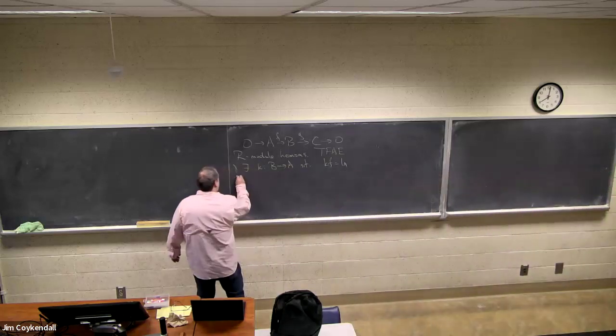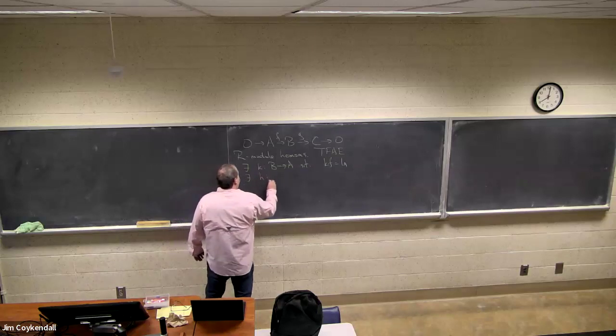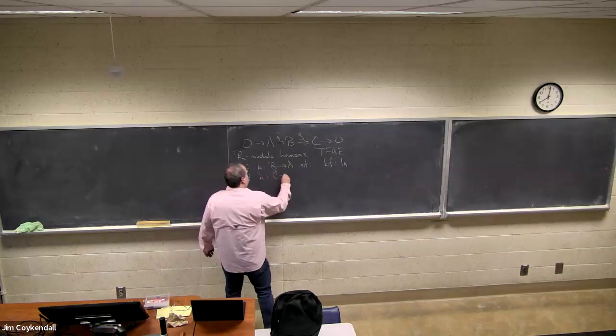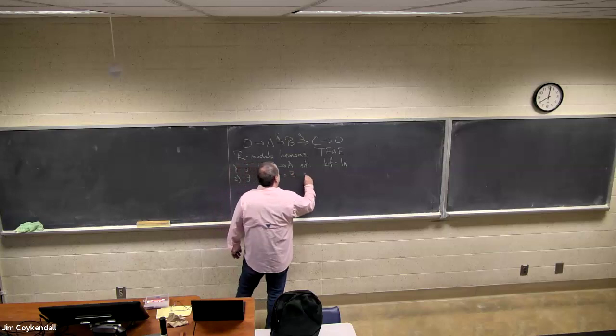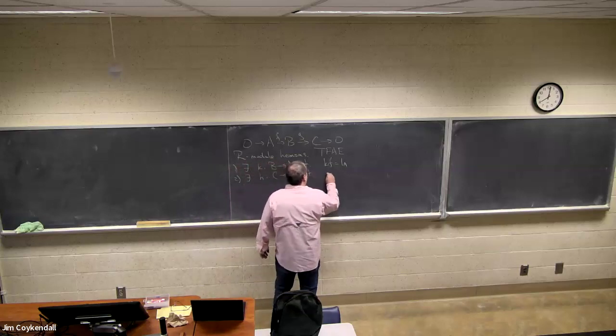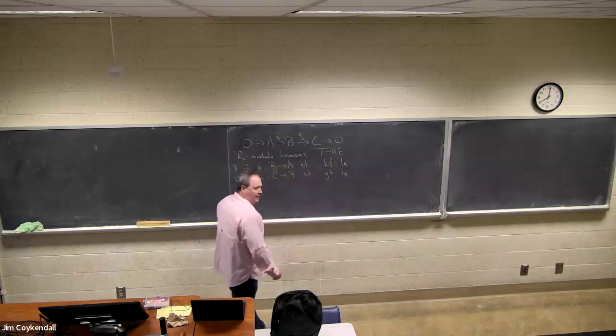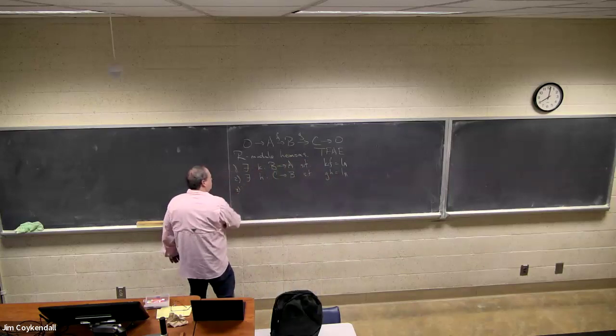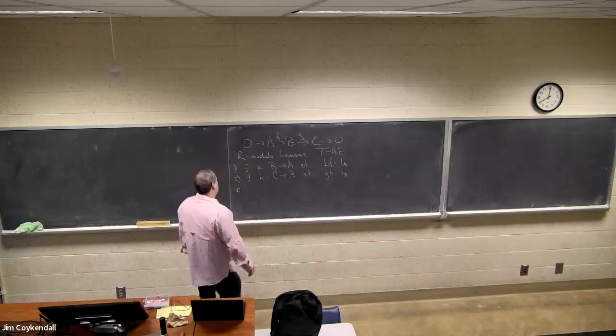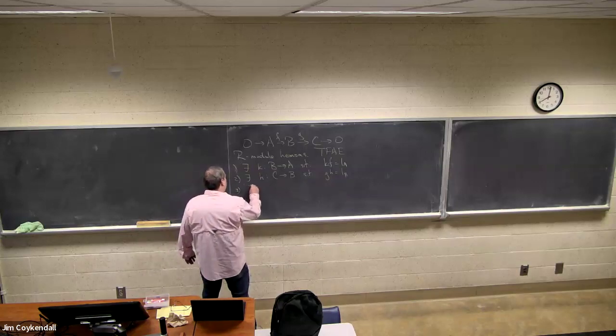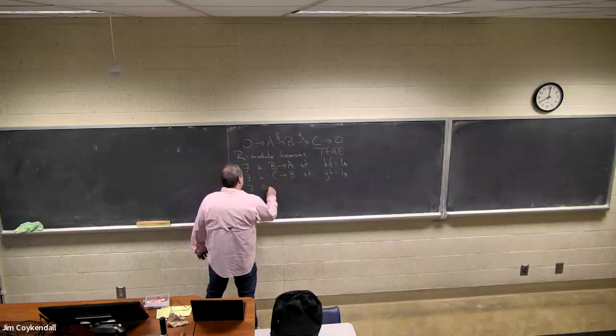Two, there exists a map H from C to B, such that when you do G then H, you get the identity on C. And I'll state this equivalently: there exists a unit diagram